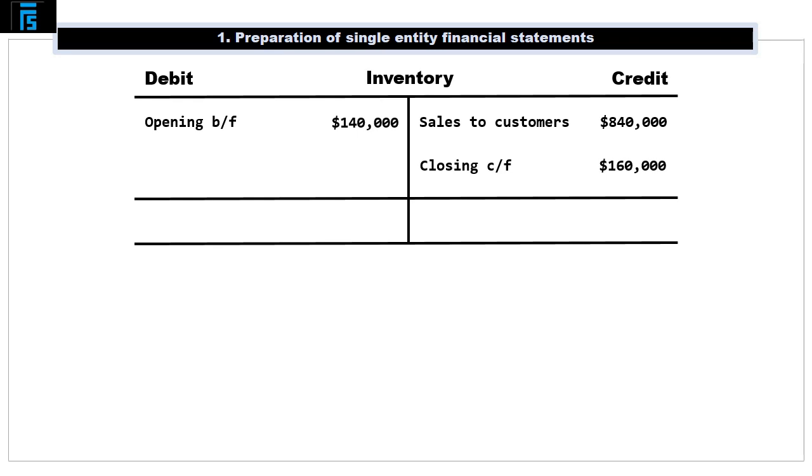When combined with the information on the opening and closing balance, this leads us to conclude that the amount of inventory purchases which the company must have made during the year amounts to